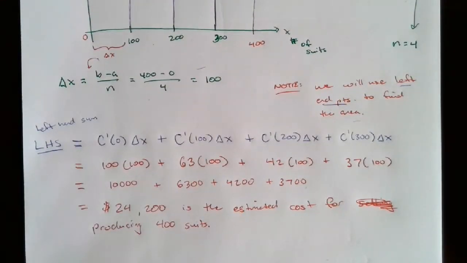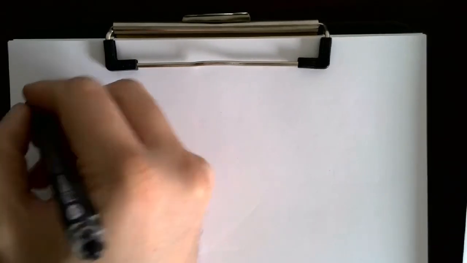In a similar way, you could use right-hand endpoints. If I was to use right-hand endpoints on this, for a right-hand sum, maybe I'll do this on the next page. For the right-hand sum, RHS for right-hand sum, you would have